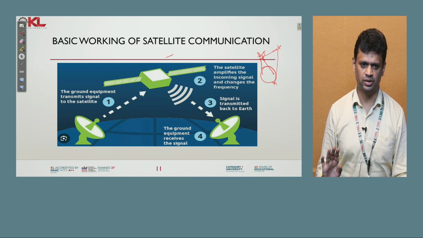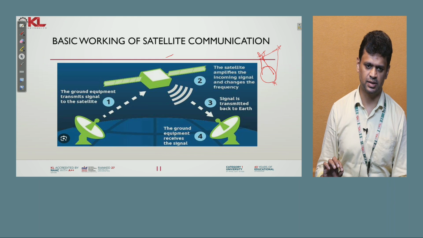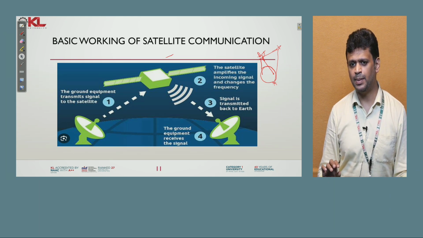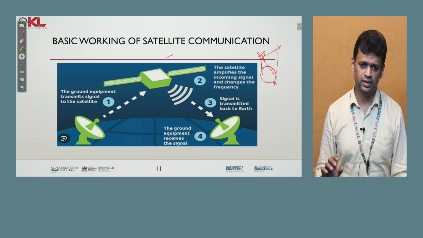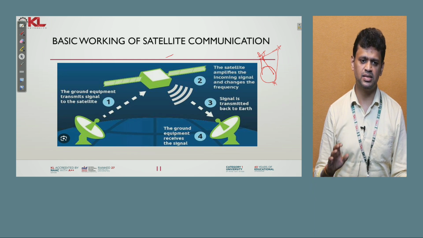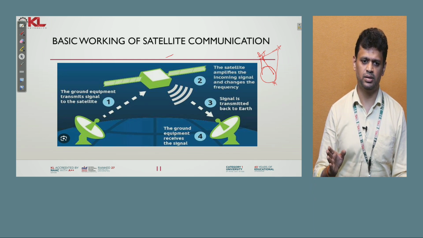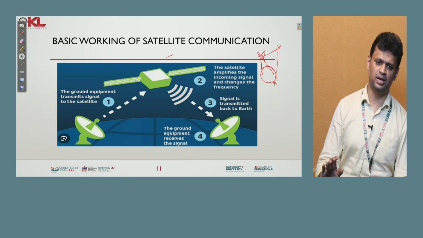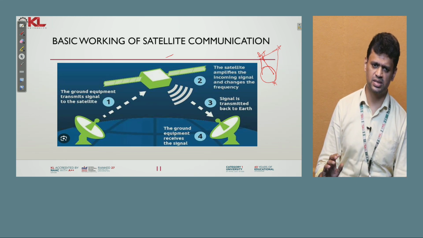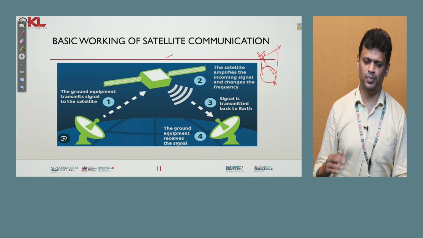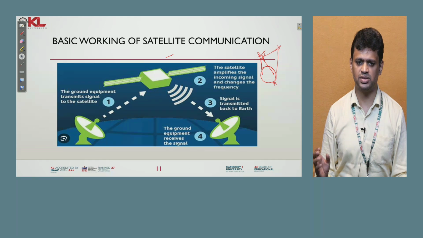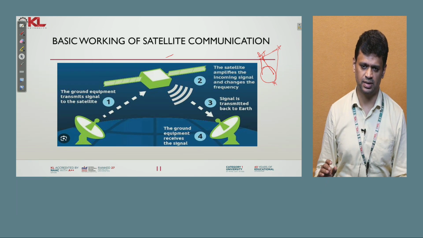It is clearly mentioned, the ground equipment transmits the signal to the satellite. Now what does the satellite do? The satellite amplifies the incoming signal. Why is amplification required? Because as the signal is traveling in the air, there will be path loss. Because of that, as the signal reaches the satellite, it has already weakened to an extent that we need to amplify it. So there is a low noise amplifier in that satellite, which will amplify the signal,